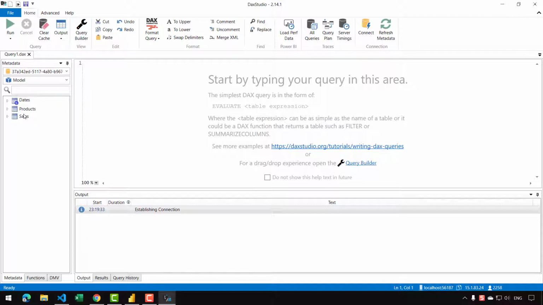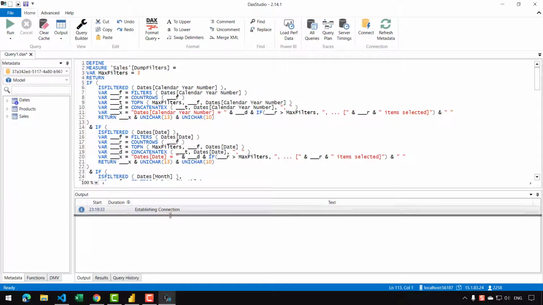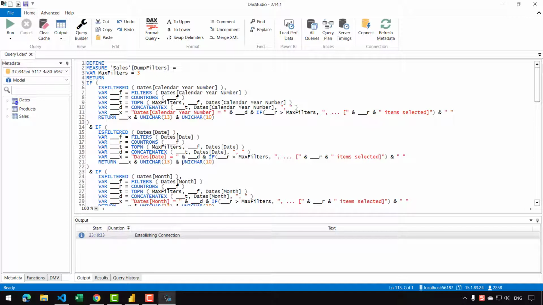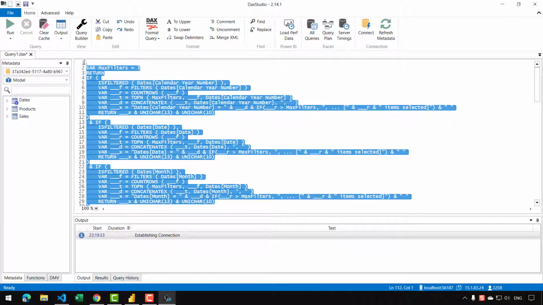The next thing that we need to do is right click on any table and select define filter dump measure. What it will do is create a dummy code that will help us in concatenating all those filters that are active in that given report. We need to make sure that we remove the define and measure part, because that is not going to work inside Power BI. Then just copy the code that DAX Studio has generated